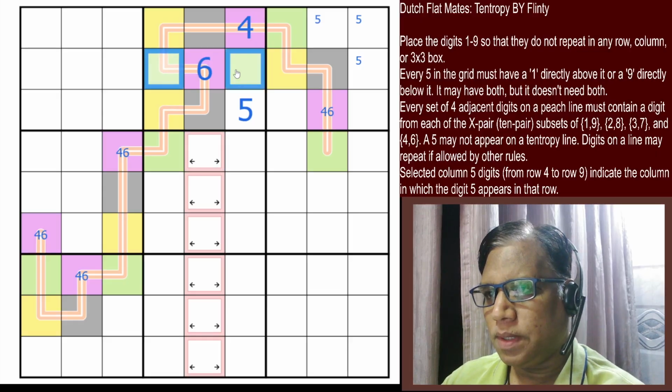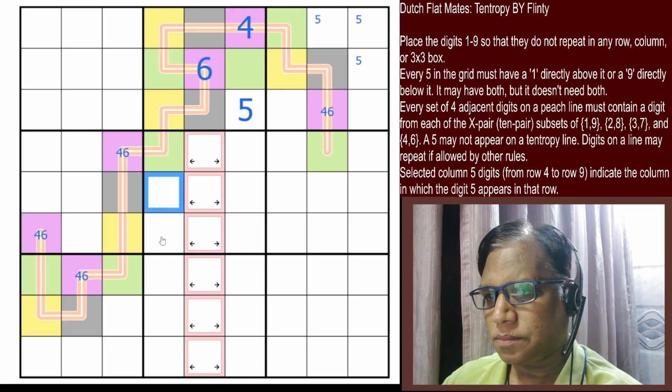If this pair is 1 9, green is 1 9, that must be 9, that must be 1, that would be 5 there. That would be 4. That would be 1, right? So 1. Oh,